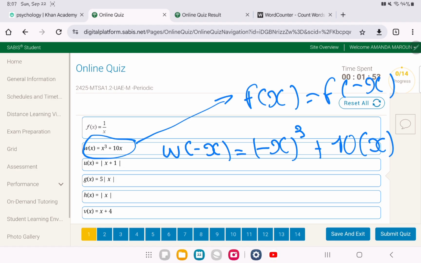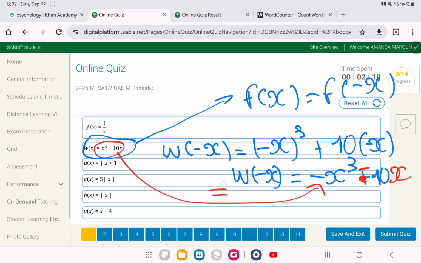Okay, so if we solve it even more, we get w(-x) equal to -x to the power of 3 plus 10, sorry, this is not plus, minus 10x, because I forgot the minus. So definitely x to the power of 3 plus 10x